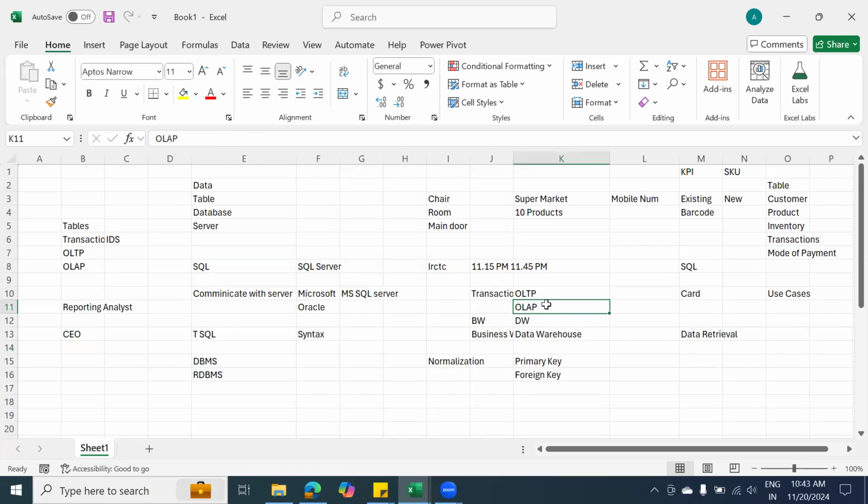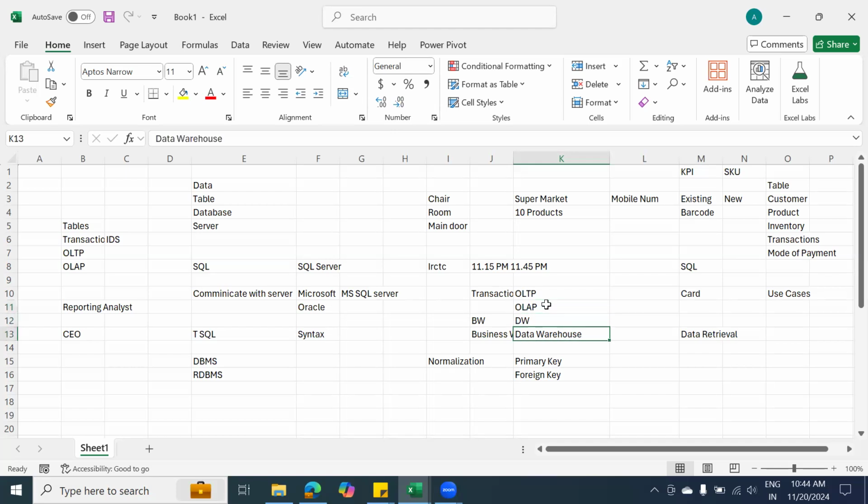That's the reason whenever you want to extract your bank statement, you can extract a bank statement as on yesterday only. You cannot include your today's transaction in your bank statement. You guys can try it out. The reason is that today's transaction is not available in the reporting server. That is there in the production server.